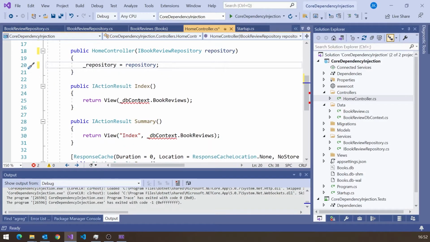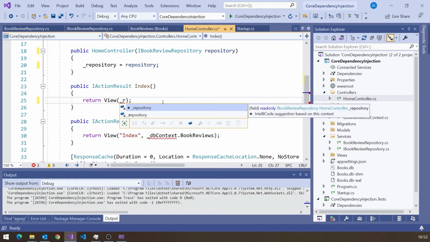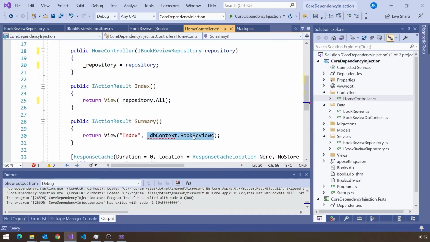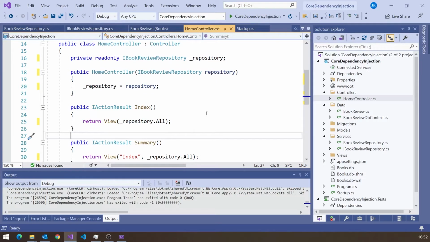And then of course we've now got to say _repository.All in here as well. And so now we've hidden away the DB context inside the repository, and all the controller knows about is this book review repository itself. If we run that up, however,